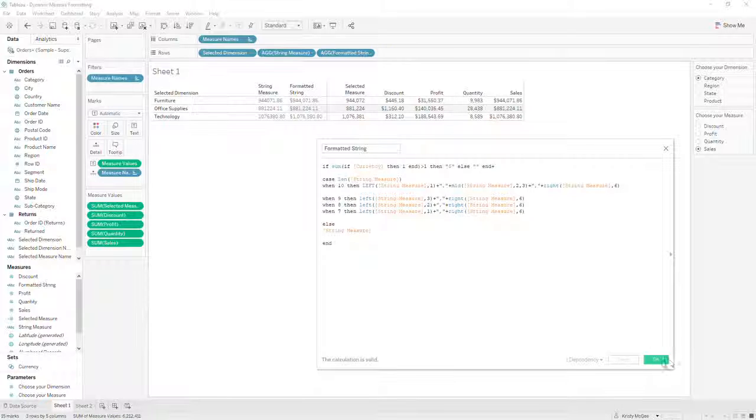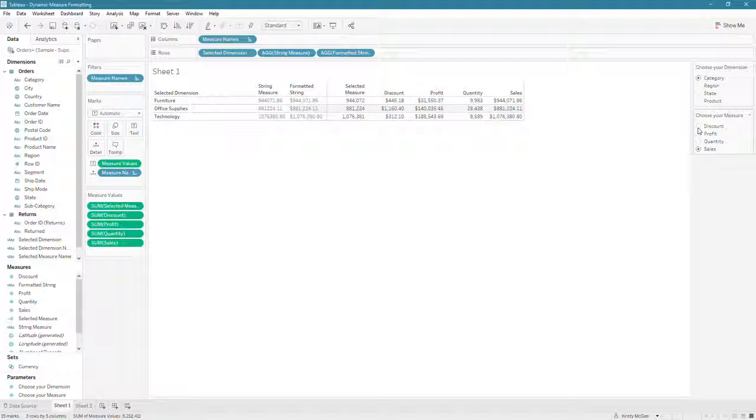So now, when you hit OK, your formatted string, when you go to discount, shows you hundreds, thousands, and everything is formatted